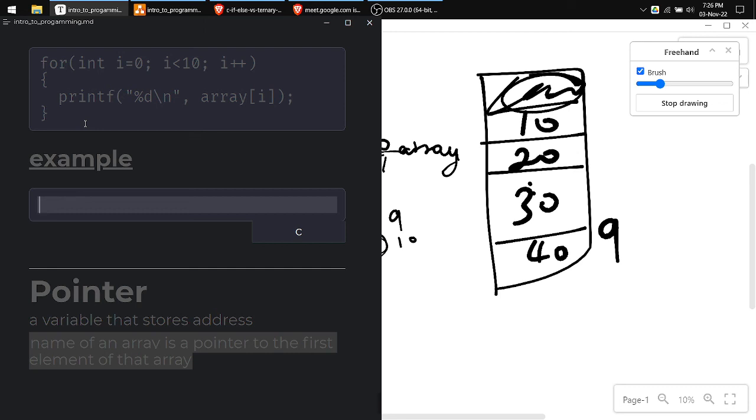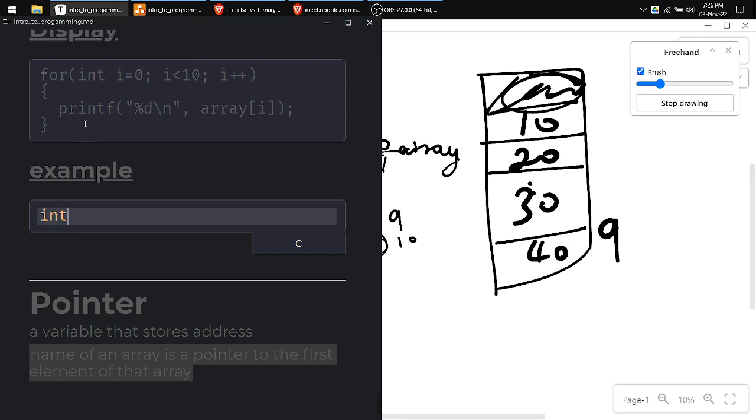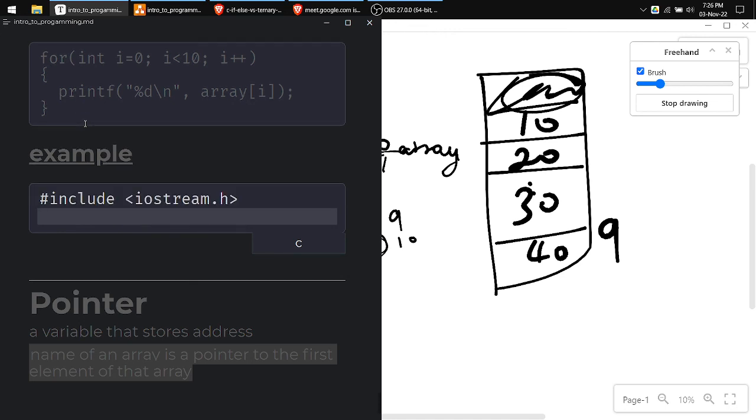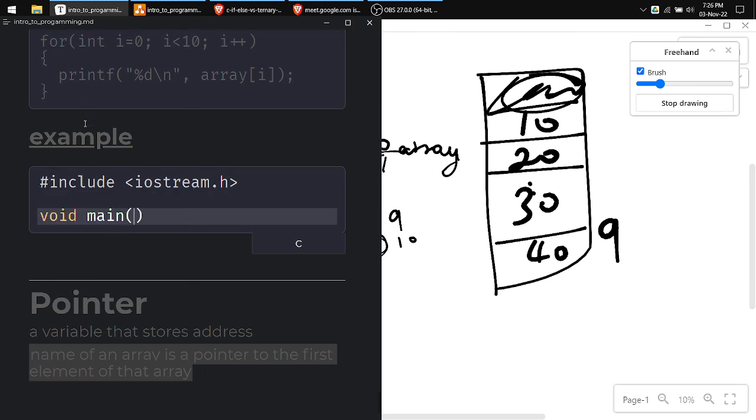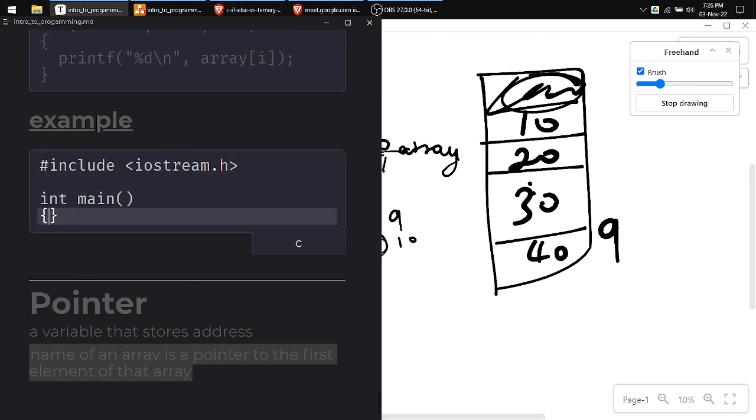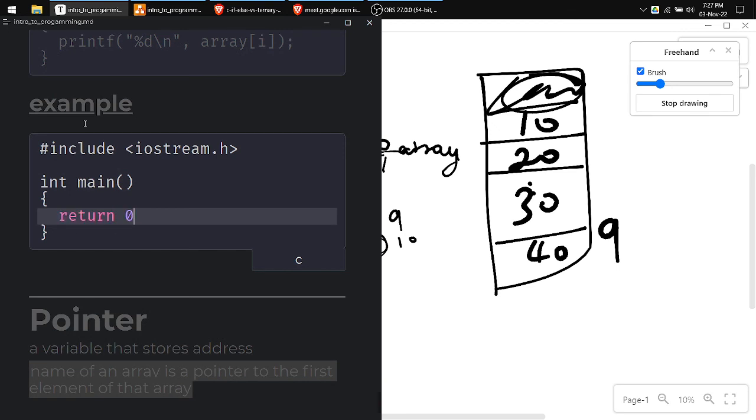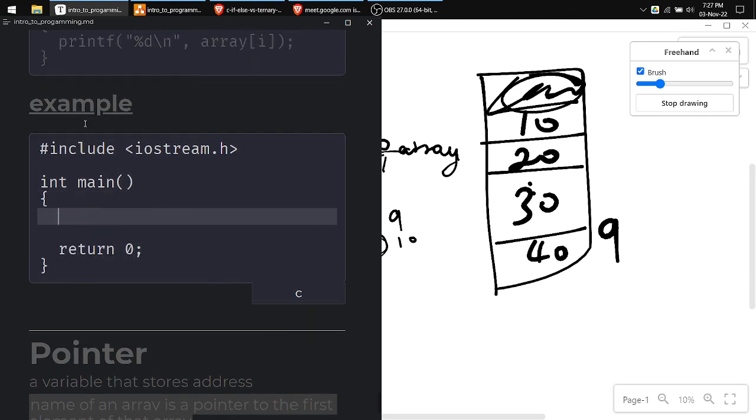That is the logic. So if I were to write an example, I'll say #include <iostream.h>. Okay, then I would say int main function, return 0. My basic stuff. Now I'm going to create an array, int array. I'm just going to create an array of 100 elements. I'm just assuming